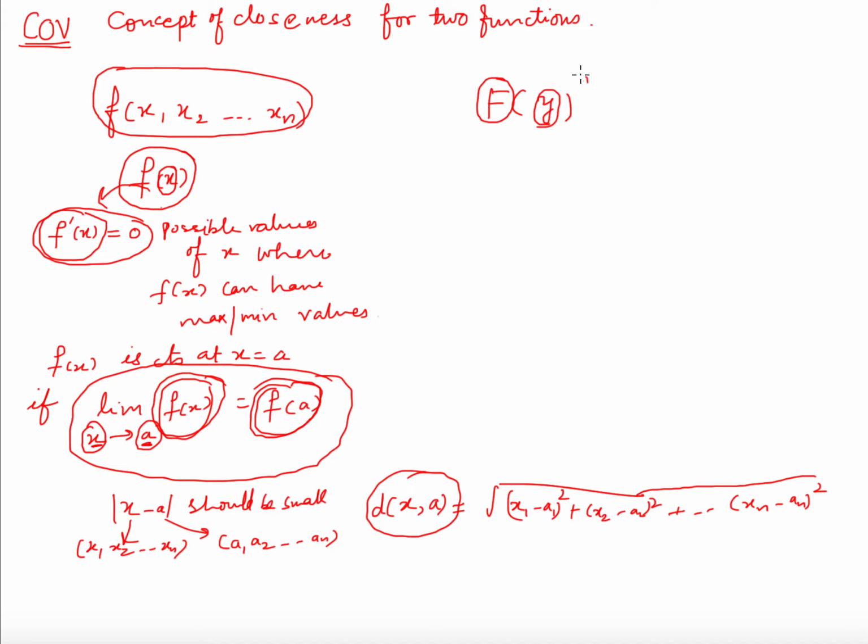So now consider this functional. We have this analogy. We will try to find a condition such that this functional has a maximum or minimum value for a given function. For that, the first thing required is the concept of closeness. So this is the first thing we are going to do for finding the maximum and minimum of functionals.